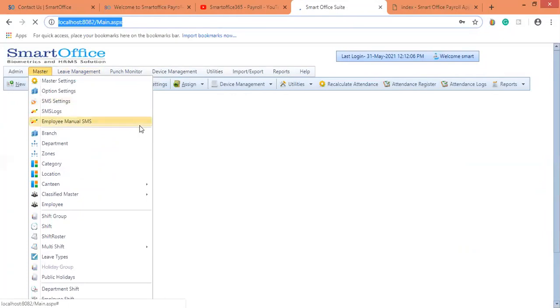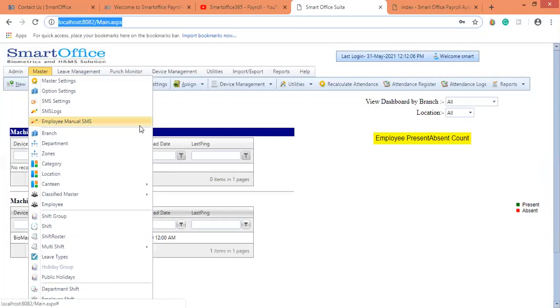Okay, so this is my web application. Coming to shifts, most companies will have only a single shift. If they have one shift, there will not be much burden to track or maintain the attendance. When you have a larger number of shifts, say a morning shift, afternoon shift, evening shift, and night shift, you'll be creating so many shifts.